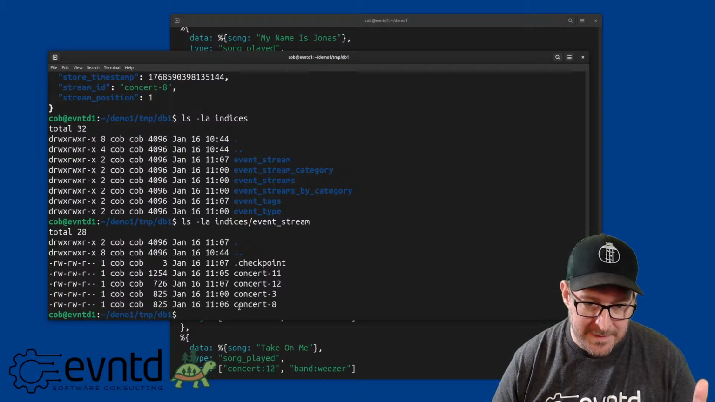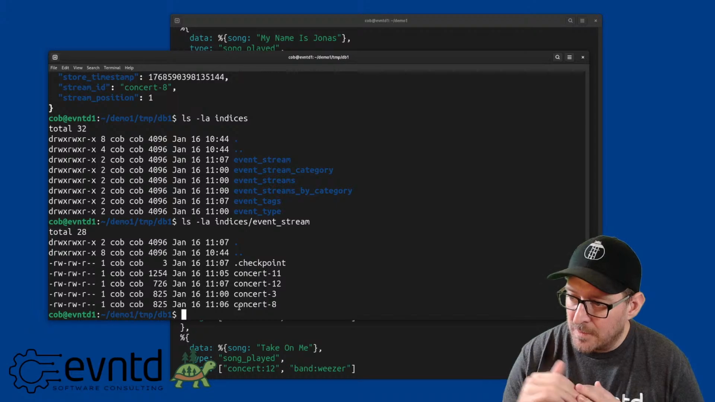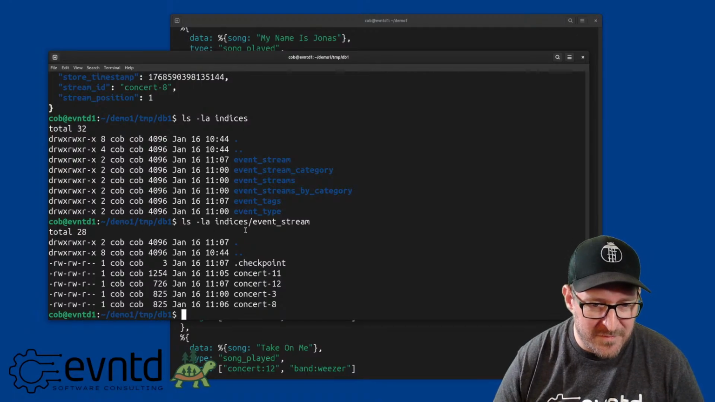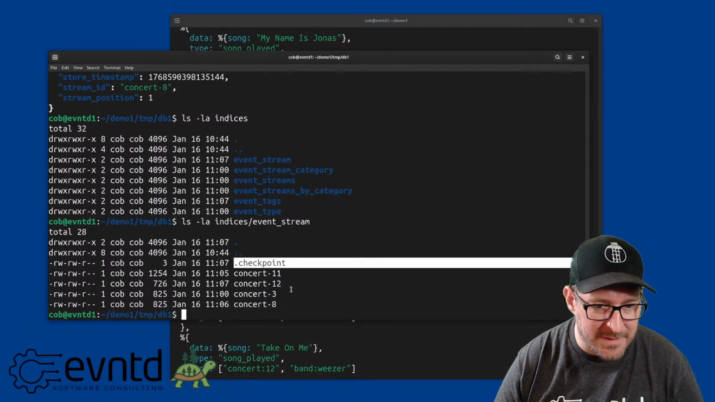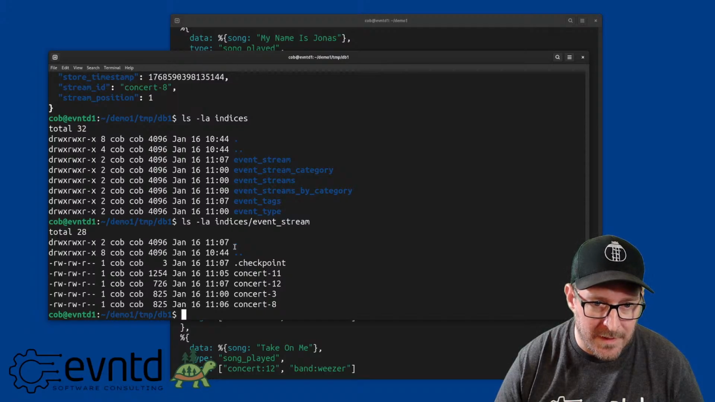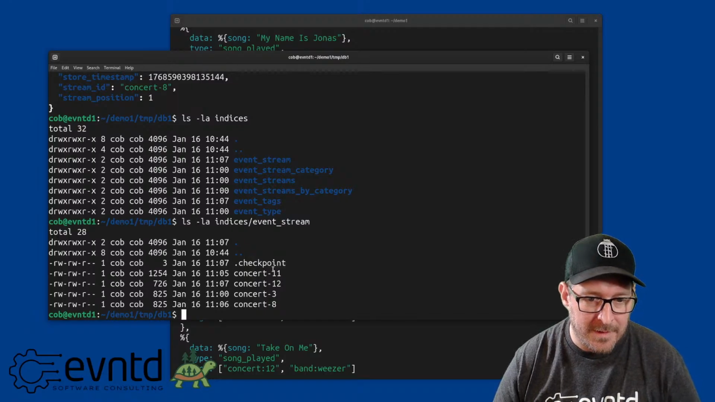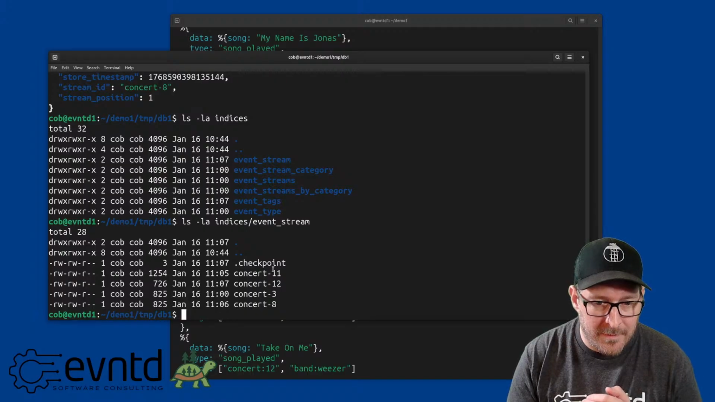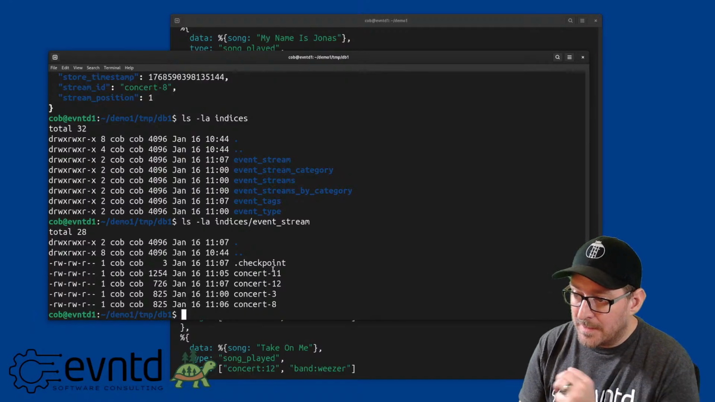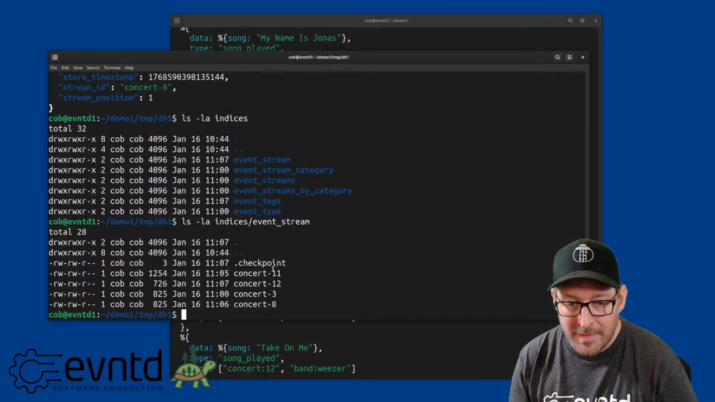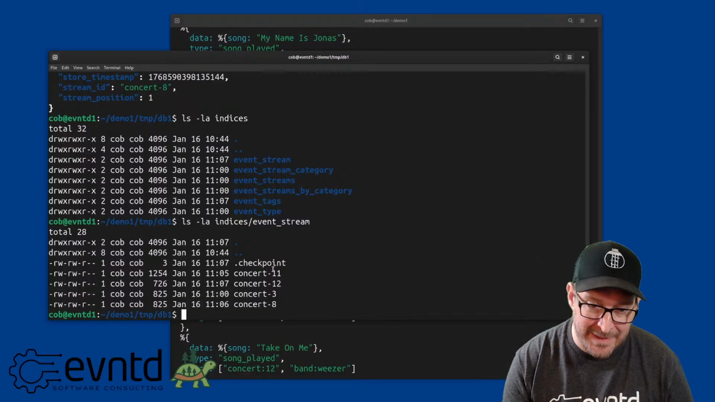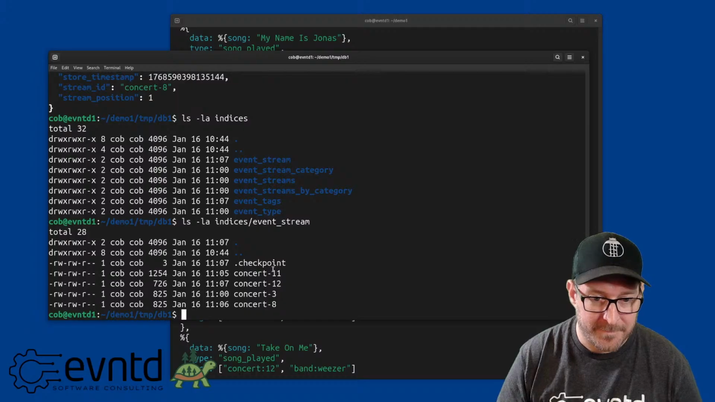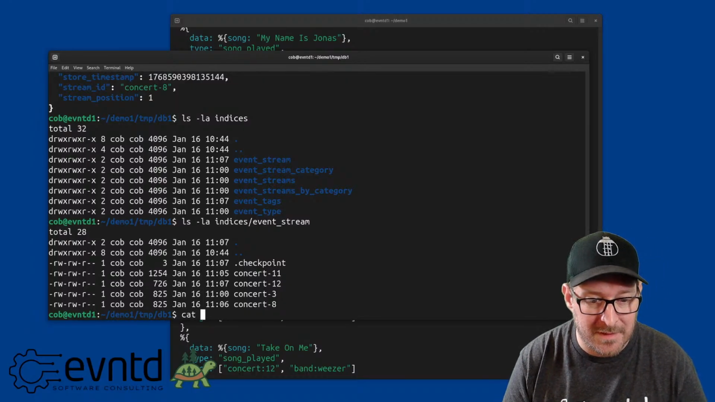Each of these contains the ordered list of all those event IDs for each of those concerts that we have. You've noticed here, I haven't mentioned this yet, but each of these index files also maintains a checkpoint file. As you append events into the system, the indexers are notified that events have been appended, and then they will go check those events to see if they need to be indexed by said indexer. And the checkpoint file, if we take a look at that,